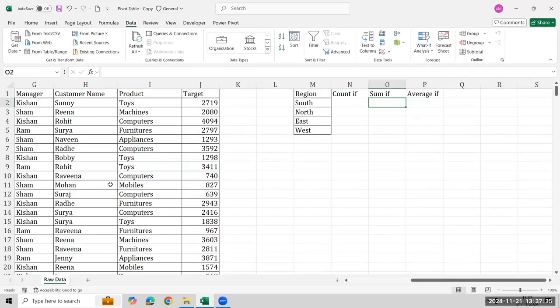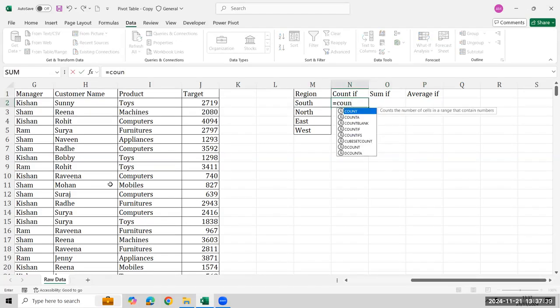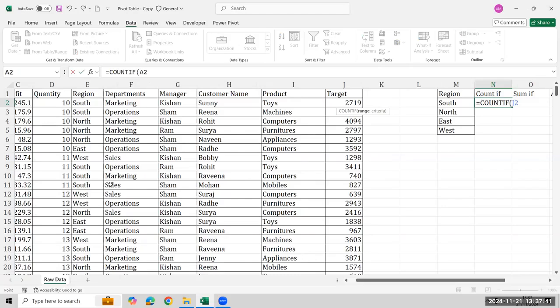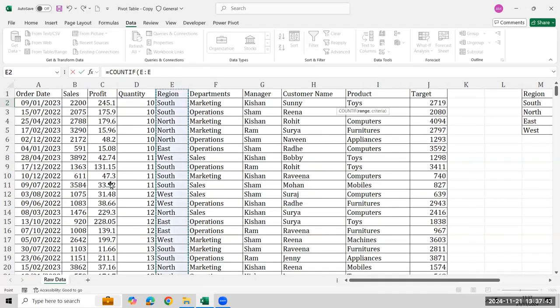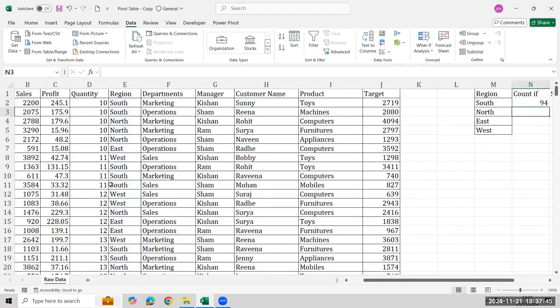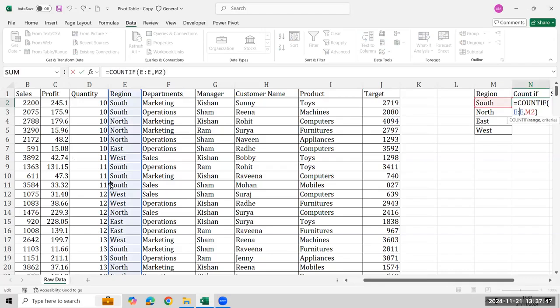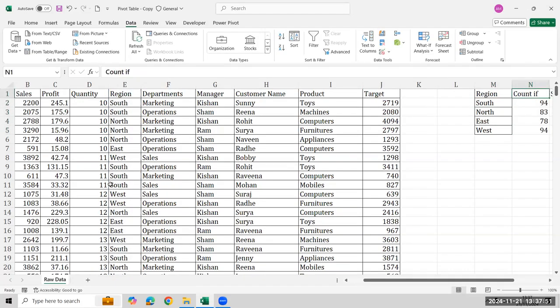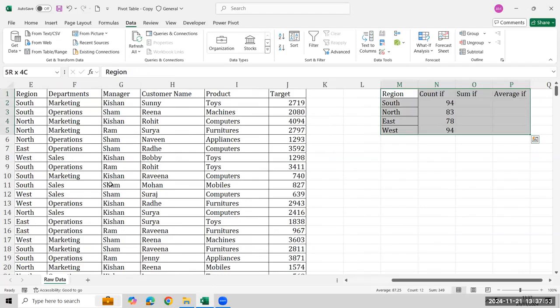If I need the total, south region, how many times it is repeated, then I'll be using countif. We'll select the region here and then we'll refer to this. The same concept will apply here, but you need to freeze the columns. So instead of doing these many circles, we have one more option. Now what you have done? You have removed the duplicates, then you have done the formula. Agreed? So the same way you can do with